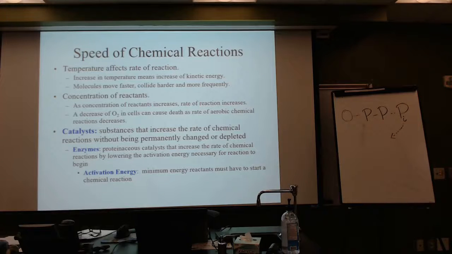Continue with the parts of the cell, but we can't forget anything we've learned up to this point. So these chemical reactions that are occurring throughout the body, remember, they're taking place in the cell also. Materials have to get to the cell to be used, and we have to know why they're used. A decrease in oxygen levels.